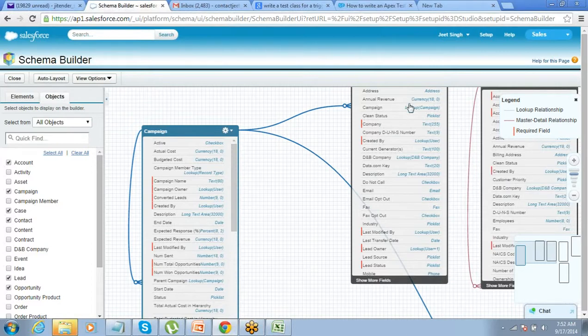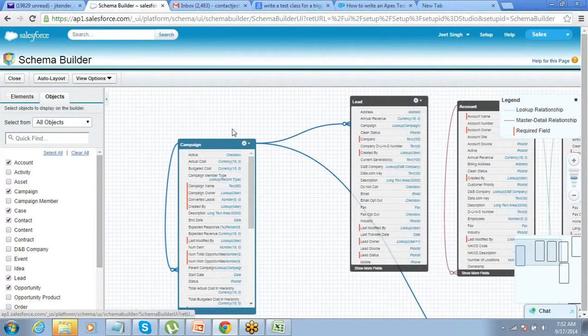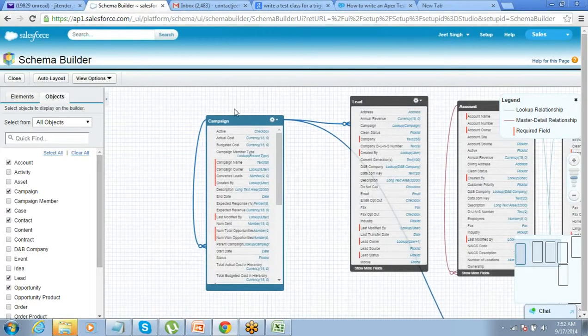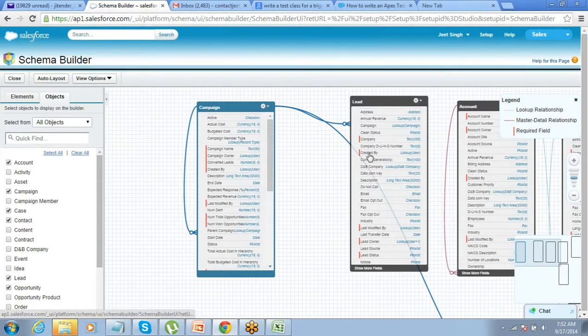Like for lead and campaign, there is a relationship, right? That is what we just talked about. Now if you see, there is a field called campaign on the lead. Here, this one, campaign.